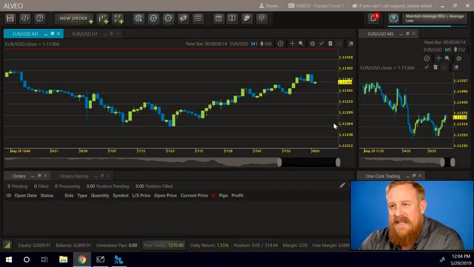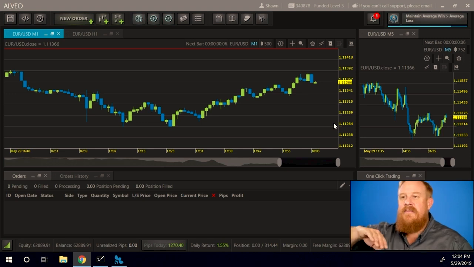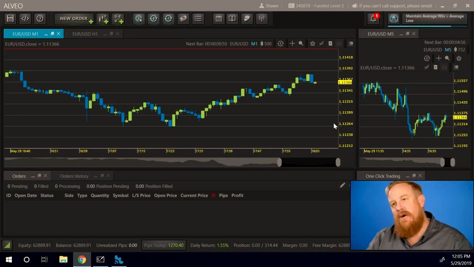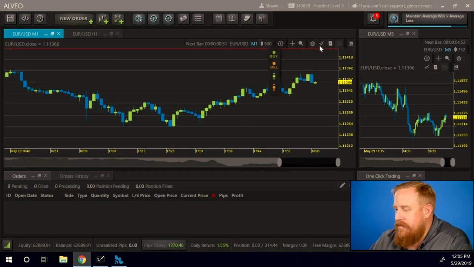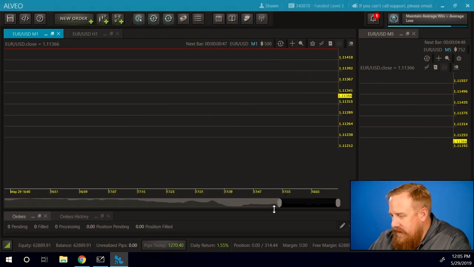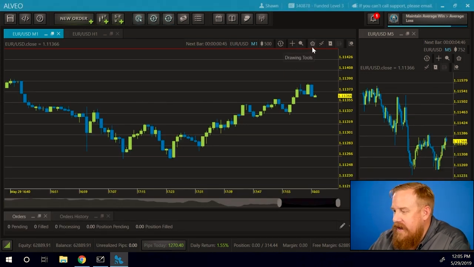What you'll often see me do is, when I'm sitting down for a trading session, you'll see that the market has rallied up, and what I'm doing is I'm waiting for a pullback, and then I'm trying to identify where I'm going to get into the market on that pullback. And so if we look at the market right here, let's just take a quick look at it. We've rallied up